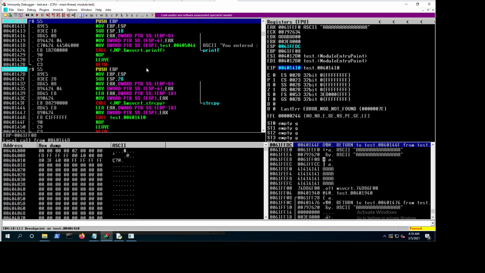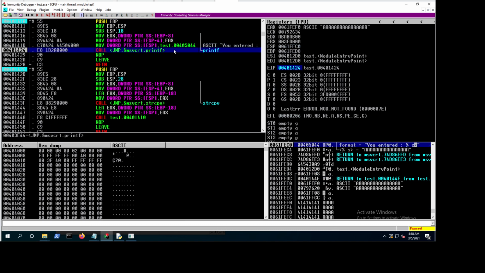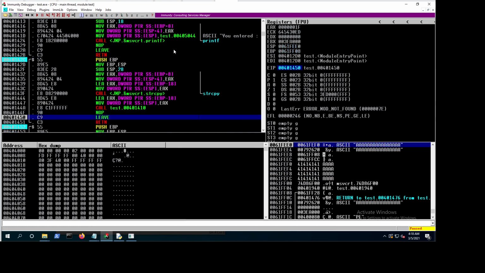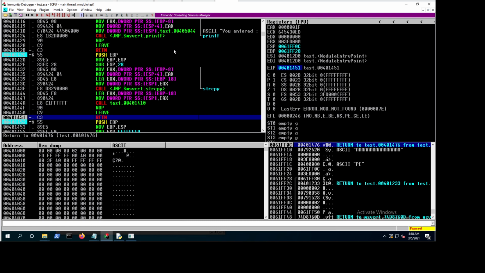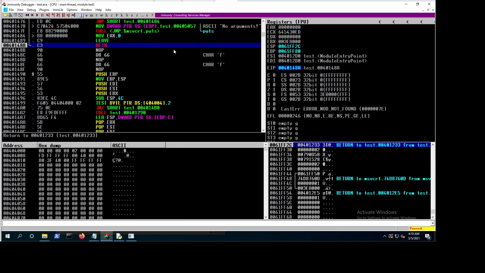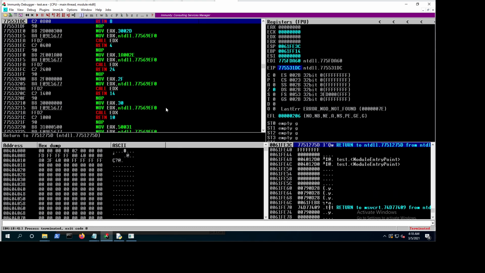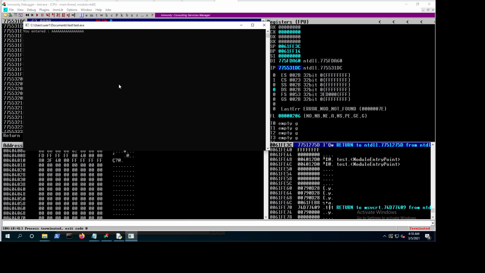And now you can see that on the stack, we have our A's written on the stack. Let's continue. And then it's going to print that I entered this value over here. And then if we continue over here, leave, and then return, and you can see the application actually just continued and it worked successfully with no problems. Okay, and it terminated successfully. You can see the exit code is 0, which means the application's return code, which was 0 also, means